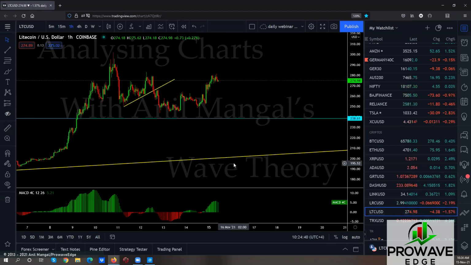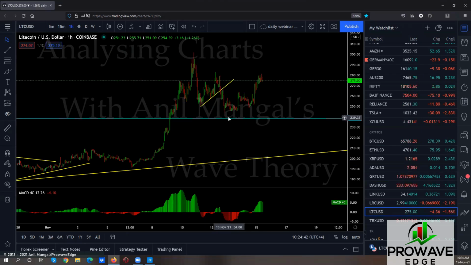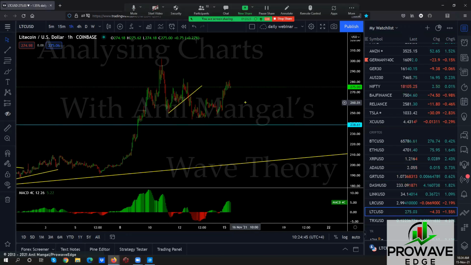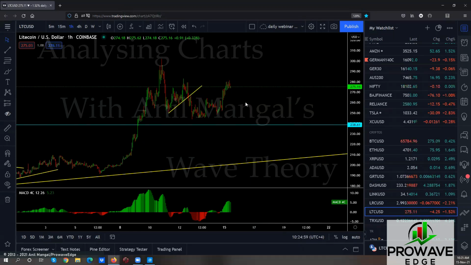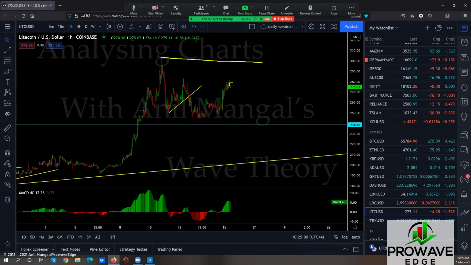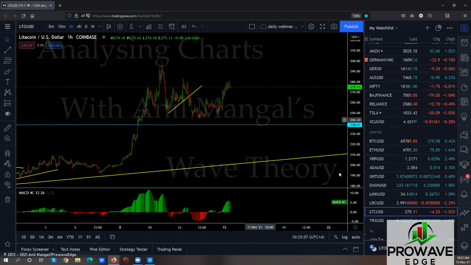LTC. This one did break, but it didn't go far. It actually just dropped here and they're going back up. So if you're climbing so slow, chances are you're just making a bigger correction. So if they come back here and go there, that would be a bigger correction for downside. Can it continue to go all the way back to the top here? Like this, go back there? Yeah, possible. If you're making a running flat, that's possible.